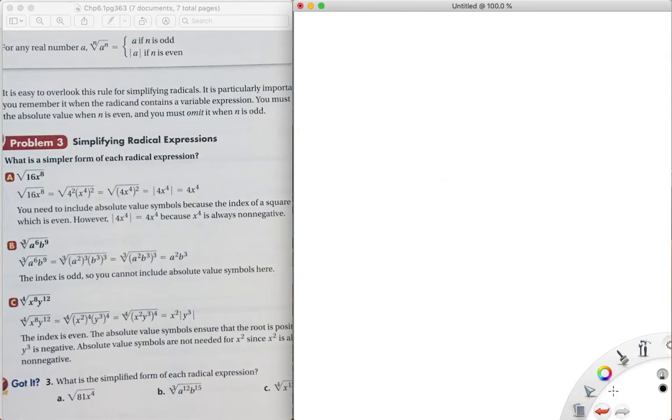So here we have square root of 16 x to the 8. I'm going to put a 2 there to let me know that the index is 2. Since there's a 2 here, and I see that this 8 is divisible by 2, I actually divide it by 2 in my head. So the square root of 16 is 4. It's going to be,